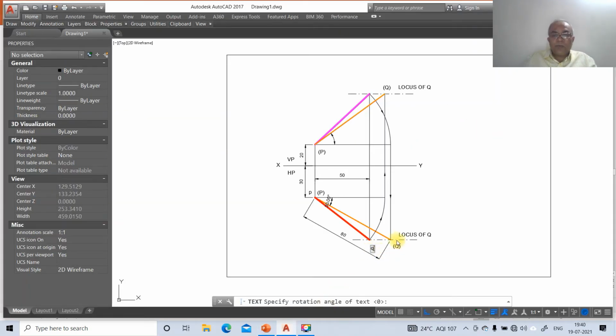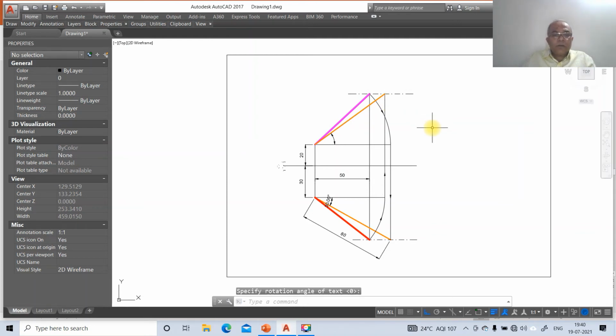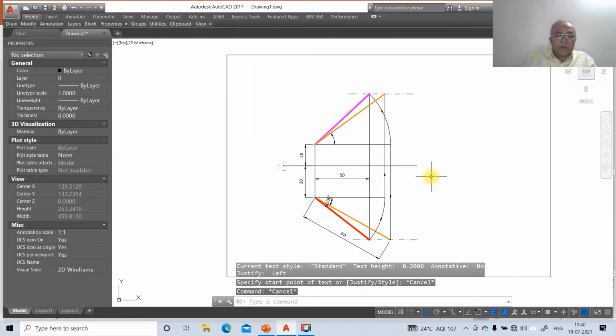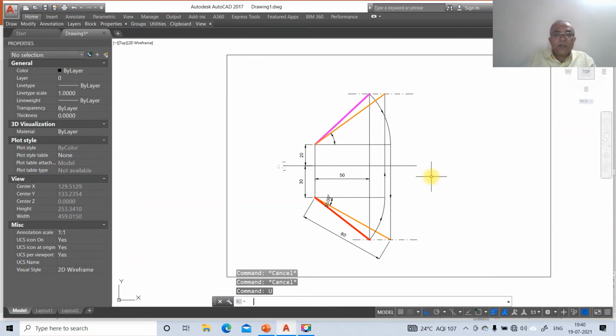This is Q, this is Q2, and this is Q2 dash, and this is Q dash, this is P dash, and this is Q1, and this is Q1 dash. So dtext, it has gone. So here just undo,